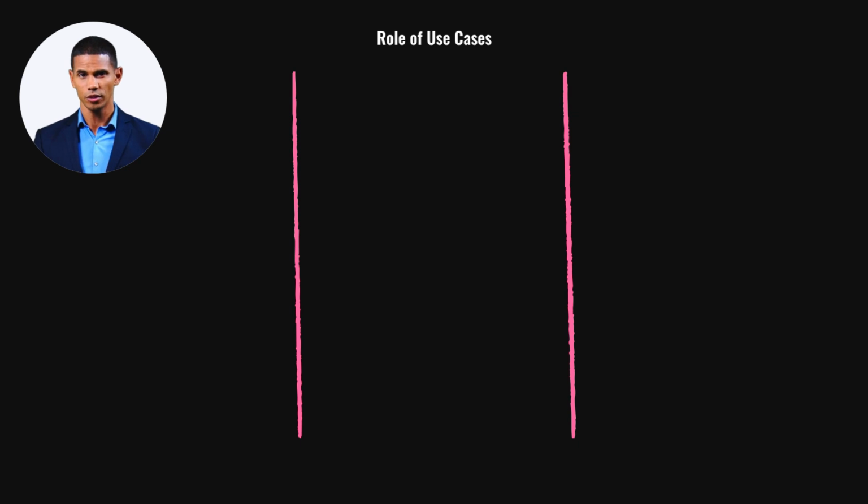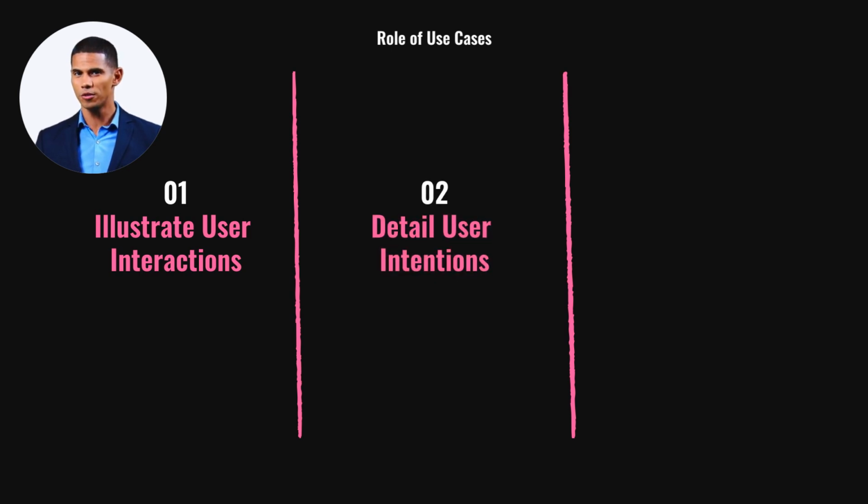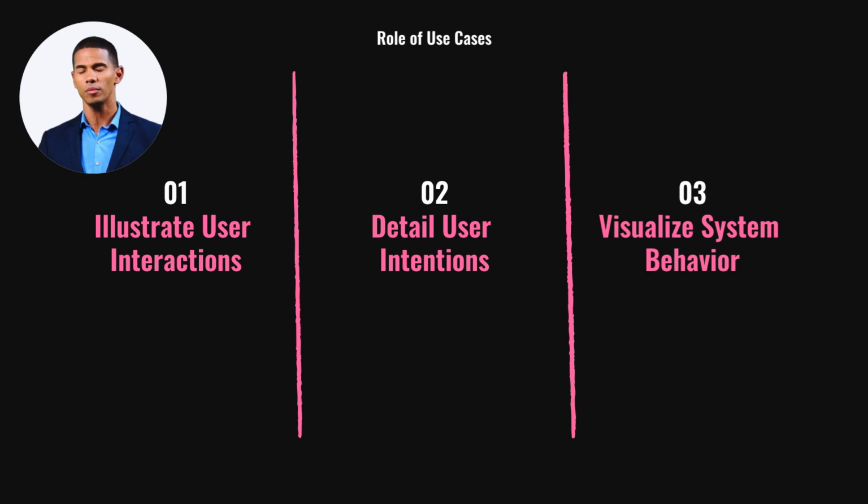Use cases are essential for illustrating user interactions with a system to achieve specific goals. They detail user intentions, steps taken, system responses, and variations. This approach helps visualize system behavior from an end-user perspective, making it easier for both business and technical teams to